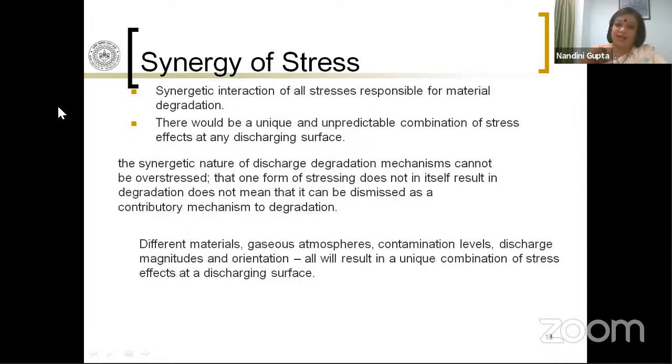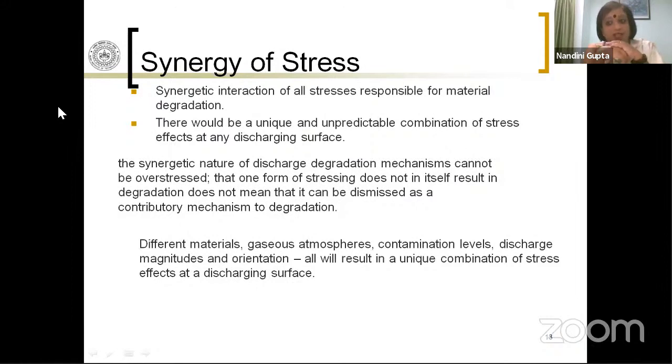But there would certainly be a unique and unpredictable combination of stresses which are present at any discharging surface and which results in breakdown. The synergistic nature of discharge degradation is what we have to take into account. Even, remember, I say that mechanical stresses are unlikely to cause significant problems. You are not likely to have a crack. It is true if you only had mechanical stresses in question, but